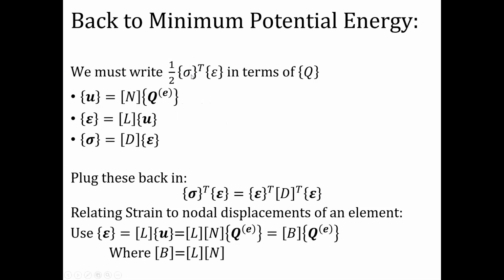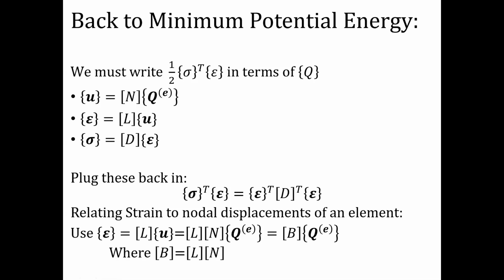If you're talking about a 1D problem, sigma and epsilon are just scalars, but for 2D and 3D problems, which become problems involving beams and trusses and so on, these become row or column vectors. If you multiply this with the volume, you get strain energy, and then if you take a derivative of this and set it equal to 0, that is the point where the strain energy is minimized.